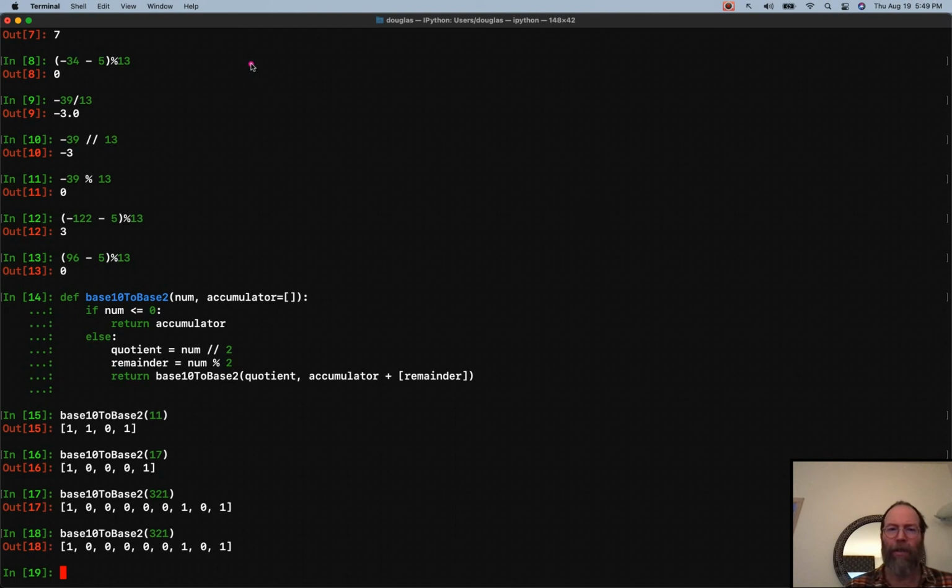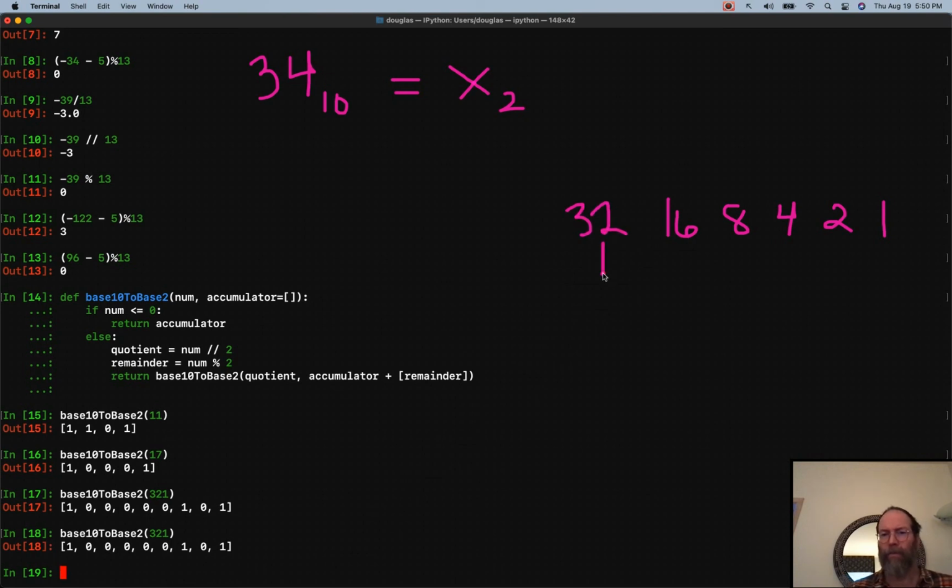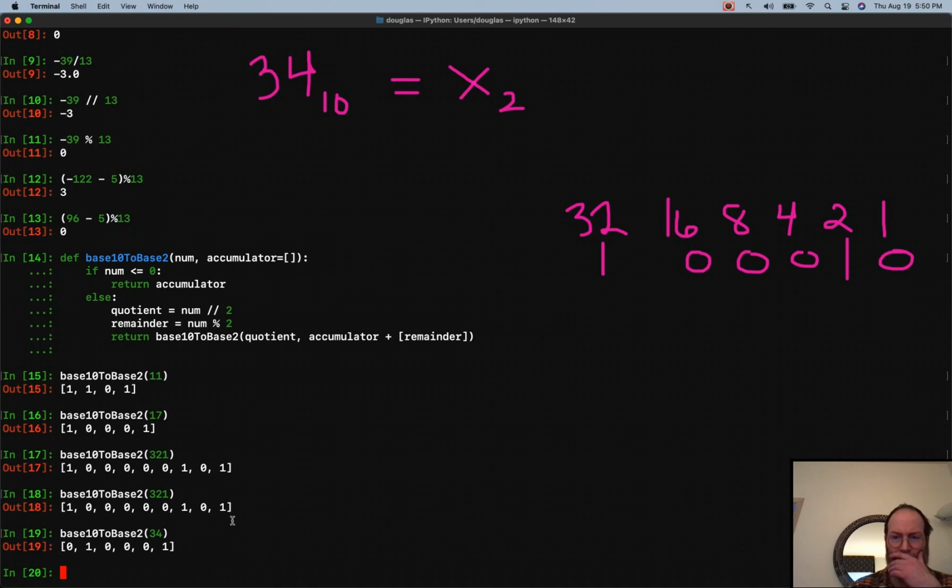So what if we were to do 34? Okay, change this to base 2. So these are going to be the 1s, the 2s, the 4s, the 8s, the 16s, and the 32s. So we're going to have a 1 in the 32s, a 1 in the 2s, and everything else should be 0. Okay, so if we have base 10 to base 2, 34, zero, 1,